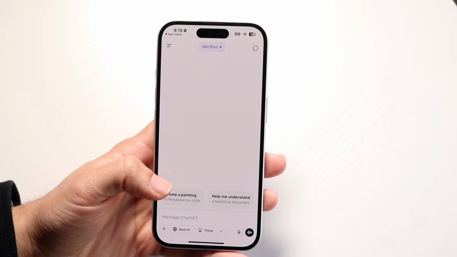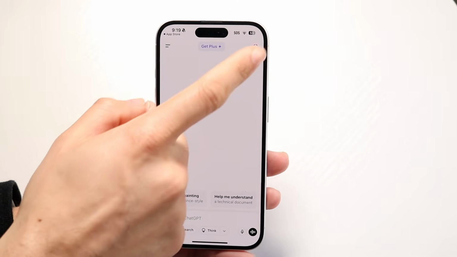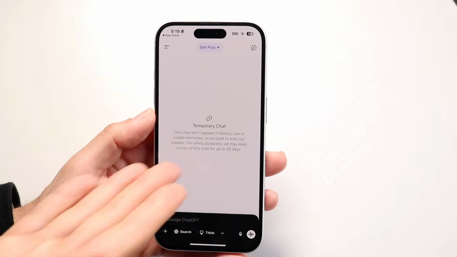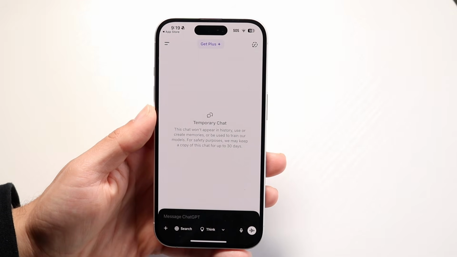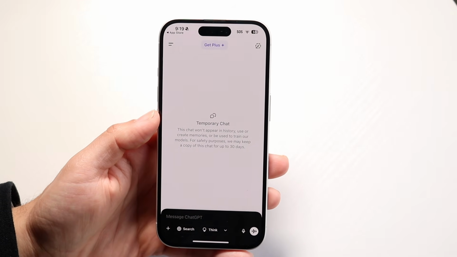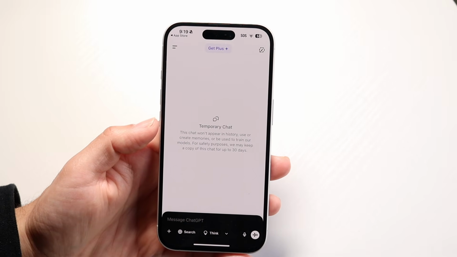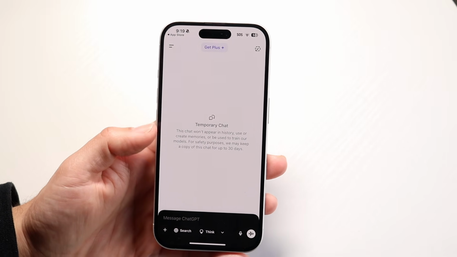In the top right, you'll also have this other type of prompt, which is basically going to be a more private version of ChatGPT. This is called a temporary chat. If you tap on it, it'll open it up, kind of like vanish mode in Instagram, except this is temporary. Once you close out of the app or close out of the chat, it'll